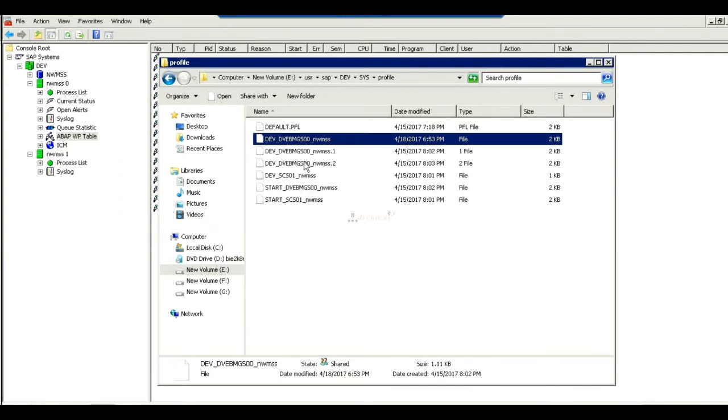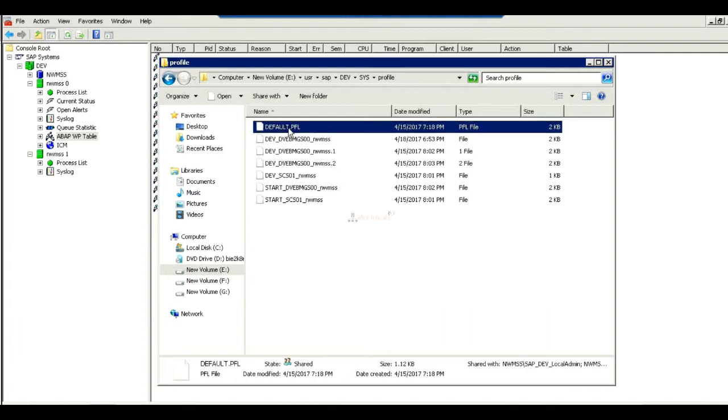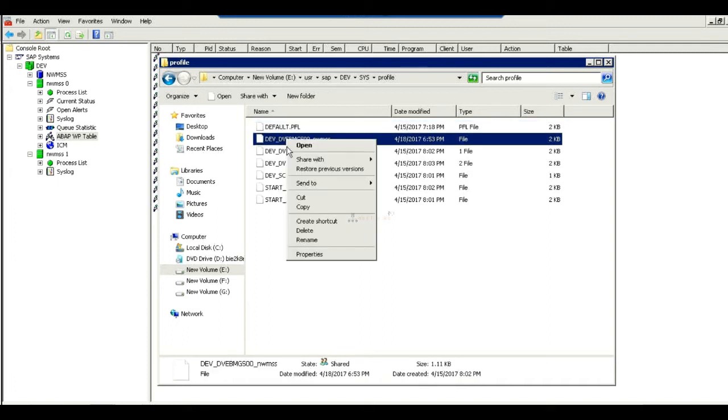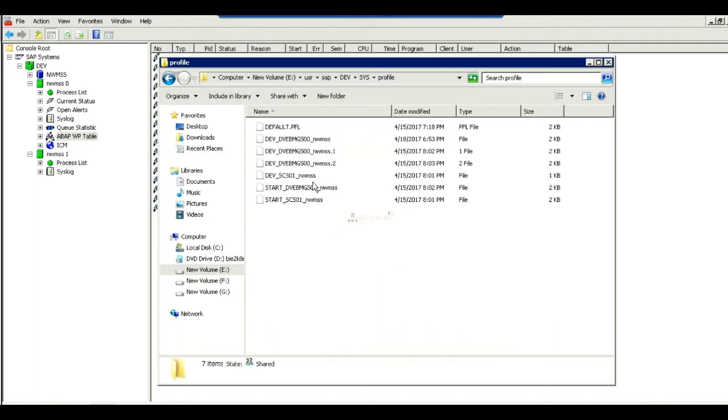But SAP best practice, whenever you are changing any profile at OS level, is to first take a backup of that profile and then change the original profile.